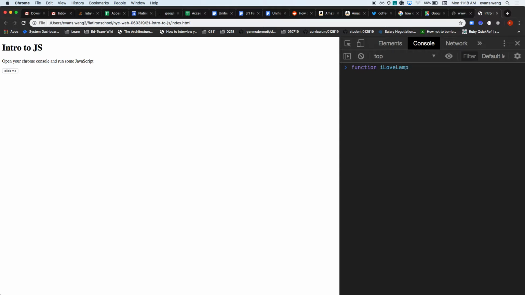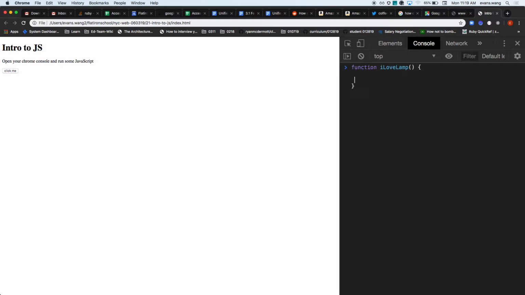So notice how JavaScript does it. The first word is always lowercase, and there are no underscores. Anytime you have a new word, it's just capitalized. This is known as camel casing. In Ruby, this is the snake case version: underscore love, underscore lamp. So JavaScript will be like this. Cool? And then, regardless of whether or not you need arguments, you drop the parentheses, then you open and close the braces,